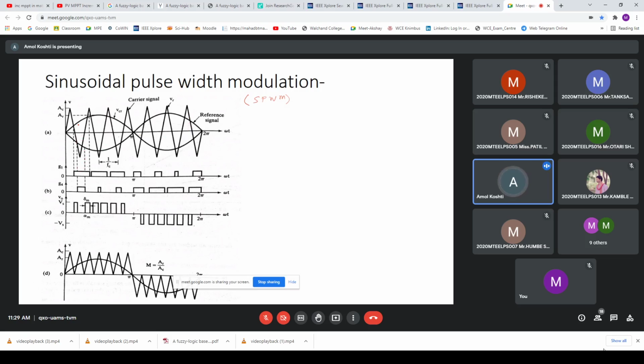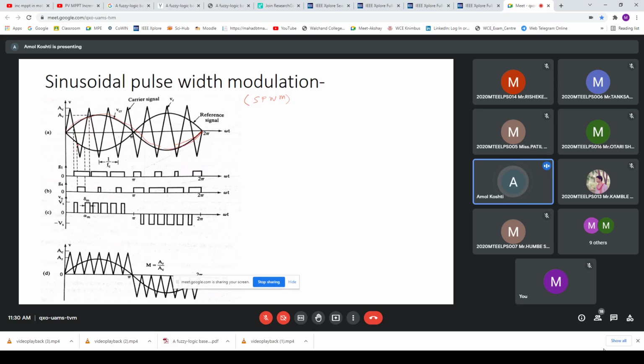Okay, so again, as I told you in the previous slide also, we apply the condition where we want the output more than the reference, or less than the reference. Okay, so based on this the output is produced. Okay, so here if you see, the output is produced which is less than this reference. Okay, so this is the sine. So this sine is our reference. Right now you consider only this sine, to understand.